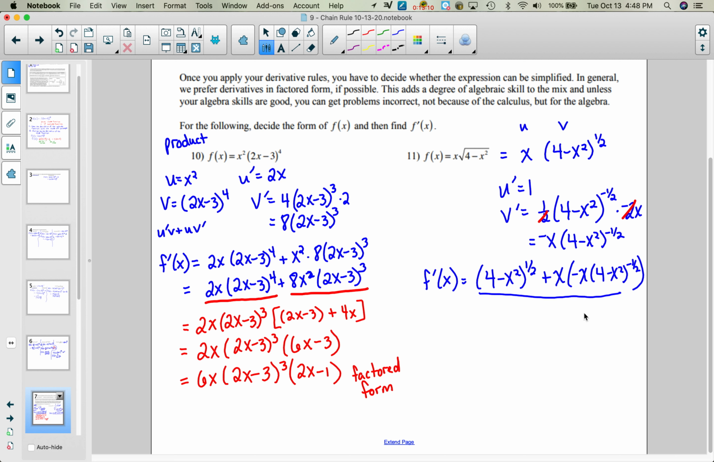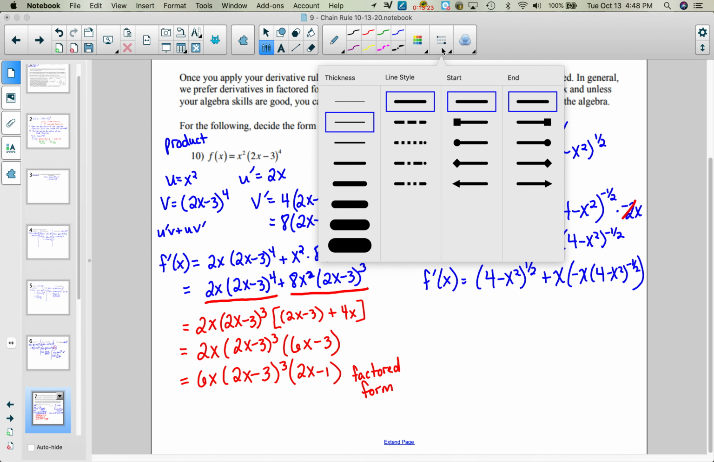v squared. No. Redo. Okay, that would be the quotient rule. And that's not what we're doing. And it would have been the quotient rule wrong because I added. But anyway,